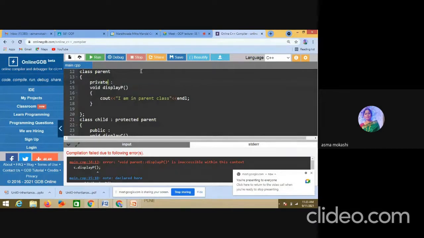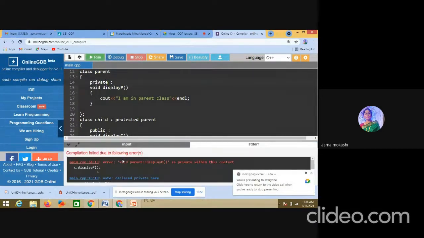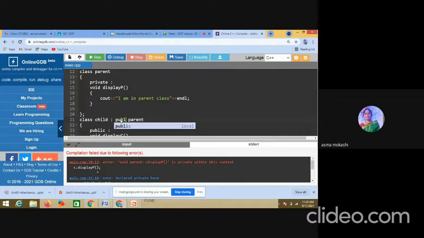If you see, run. Again, we will be getting an error because it is a private member and I am writing protected. Still, private data is not accessible in a child class. So private data, if I write public also here, still it is not accessible.